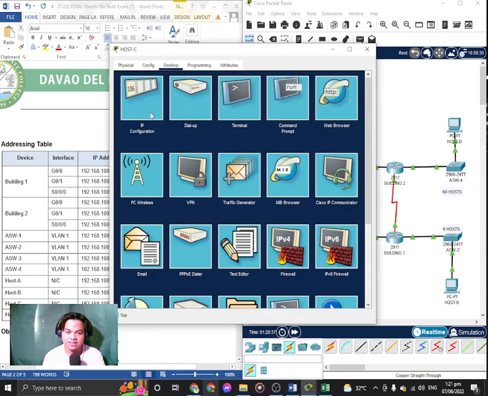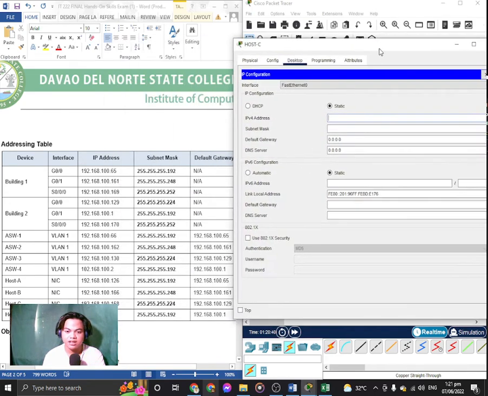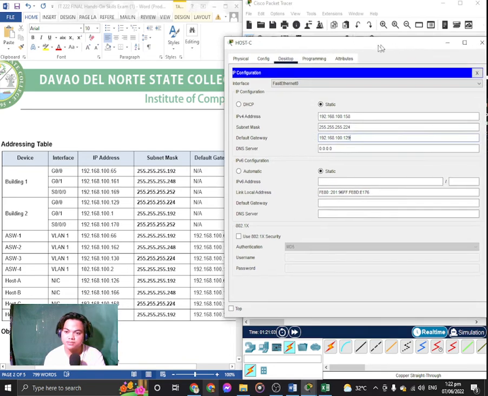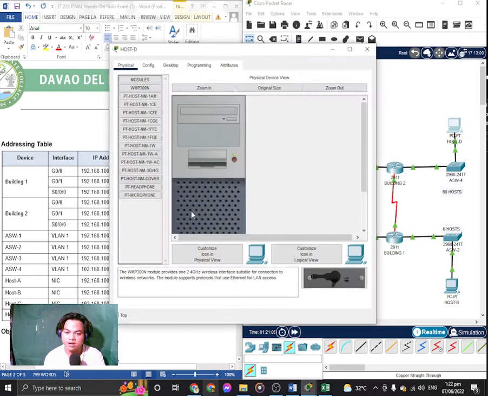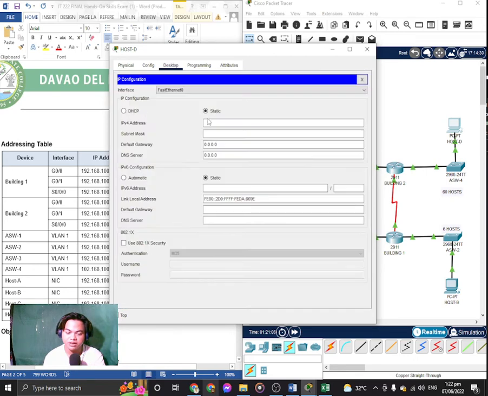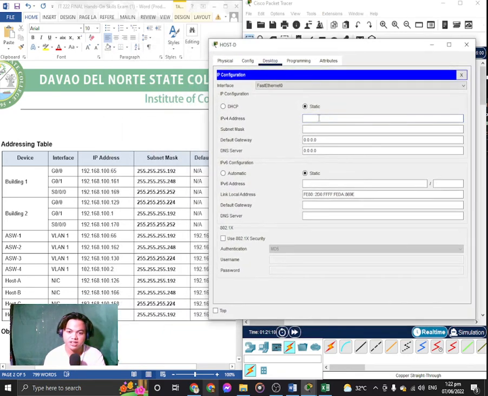Then for the PC, I don't know. Host C or PC3, IP address it has 192.168.100.158 and then the subnet mask it is 224 and then the default gateway is 129, 192.168.100.129. Okay. And then the last one is desktop, IP configuration, and then put the IP address. It is